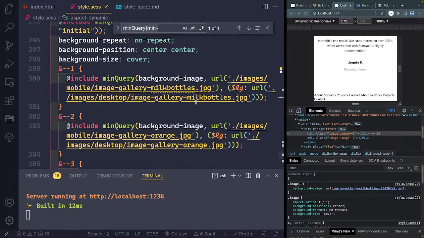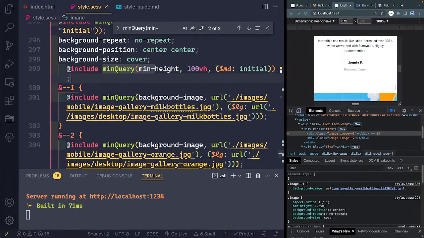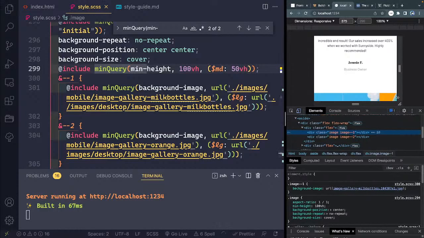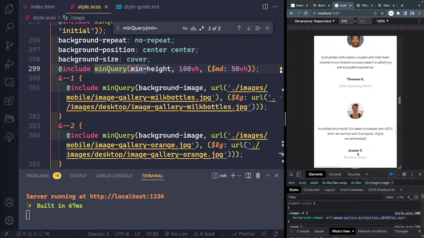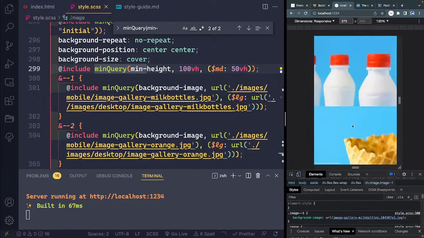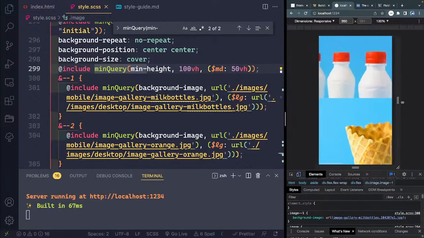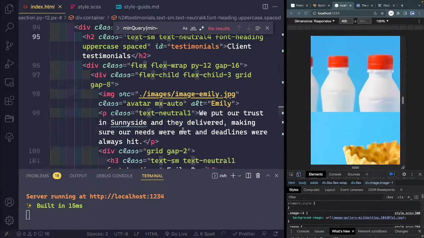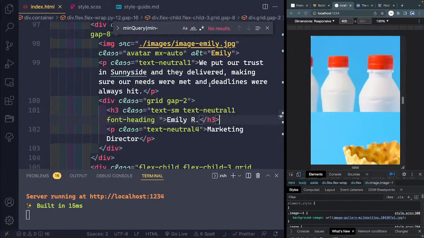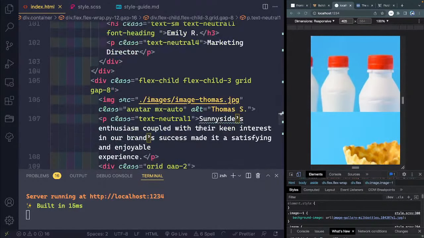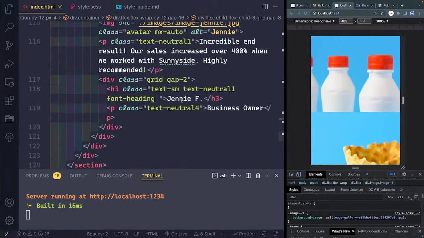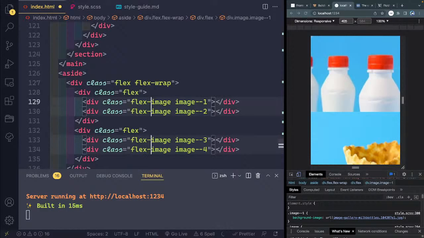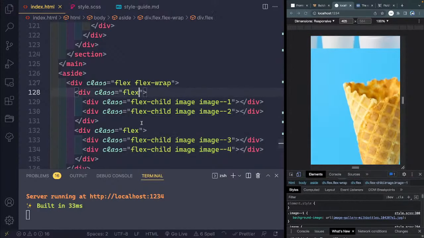So let's go down to the bottom. We'll add this. And then this should probably be like 50 view height or something like that. On medium, but hopefully if we did something correct. Nope, we did not. So these should be flex children, I think, is the problem. So let's go into here and flex child is what I need on each of these. So flex child, and then